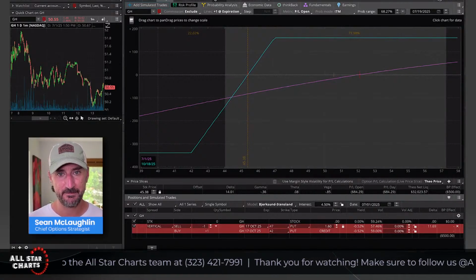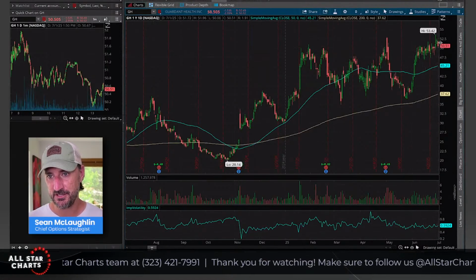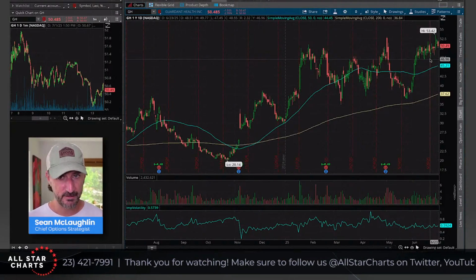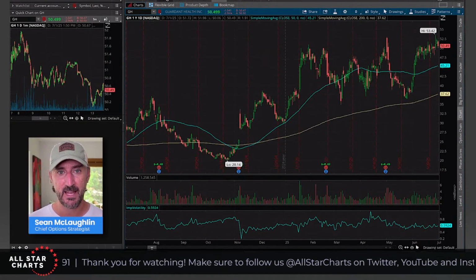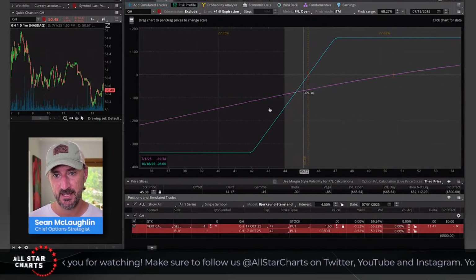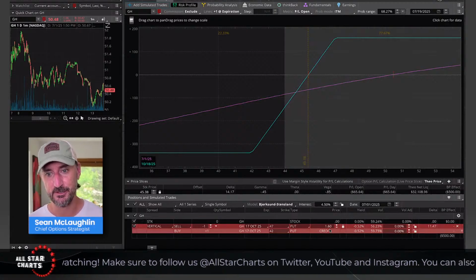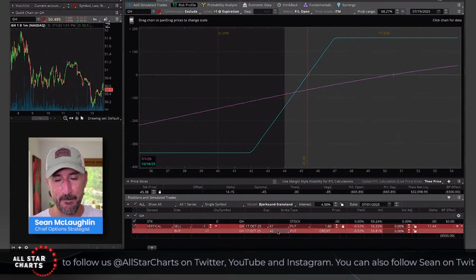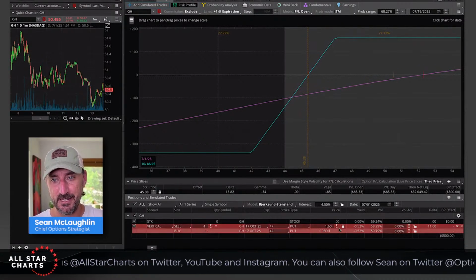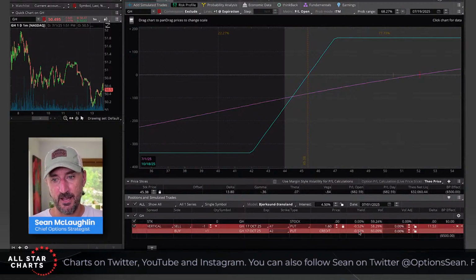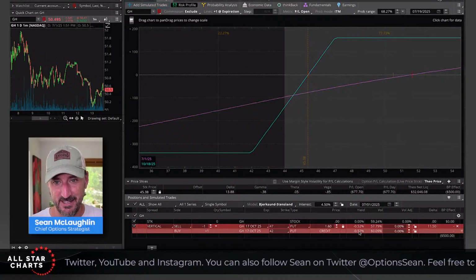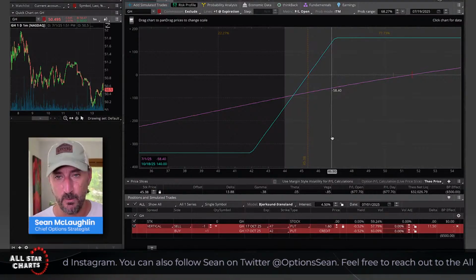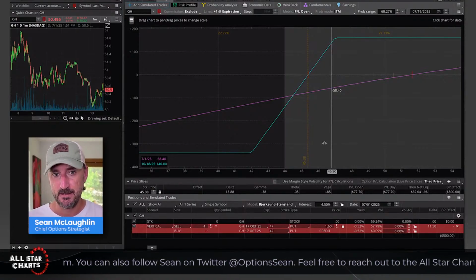But I like this trade. I think this is the way I would play it. I would play for this little consolidation to slowly churn a little bit higher. As long as we stay above 47, we're good. If we get below 47, if things start selling off, I would cut the trade and move on, because if I collected $1.60, the most I could lose is 340, because the most the spread could be worth is $5. I might have to spend $5 to buy it back, $5 less than the 160 I brought in, which would be a 340 loss. So I don't want to take a 340 loss, right? If the stock does trade below 47, that's where I would stop out and take the loss. And it might not even be a loss. It depends on when and how quickly it happens. But that's how I would trade GH.